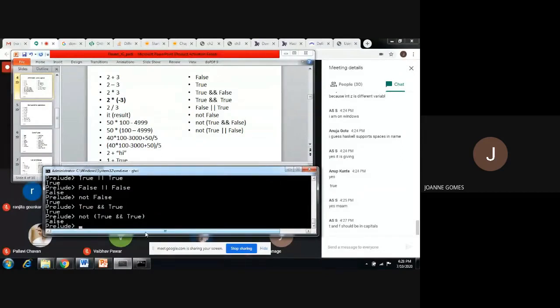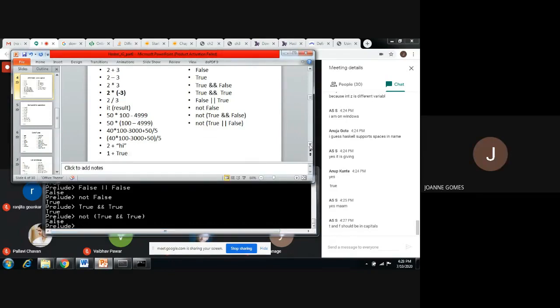Now XOR, there is no direct command. One has to use a built-in function or design our own small function. That part we will take later on. Even the percent sign is not used for mod here. There is a mod function available. So I hope this is clear, the arithmetic and Boolean operators.